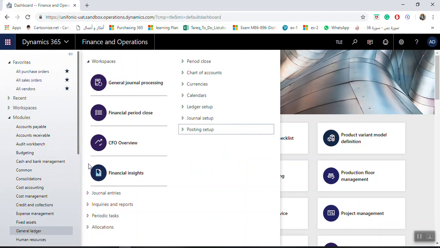By using the currency exchange rate and exchange rate types, you can assign the exchange rate between multiple currencies, between the default currency for your legal entity and the other currencies which you need to make transactions